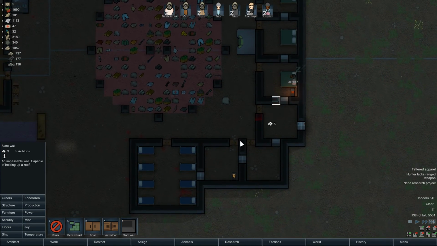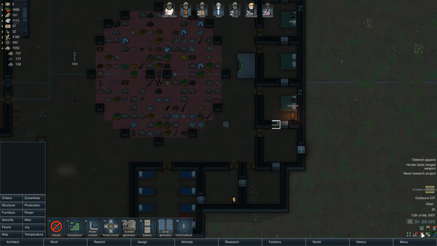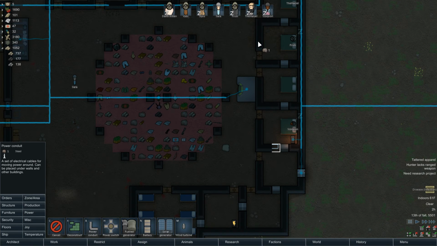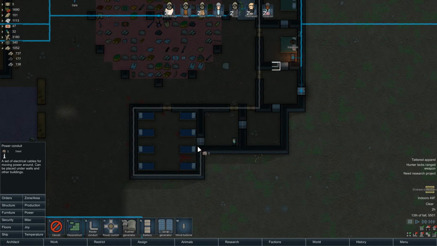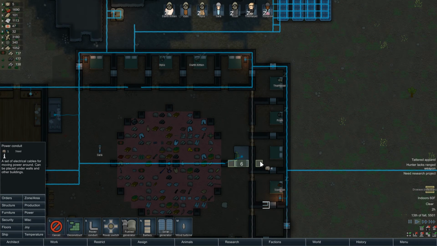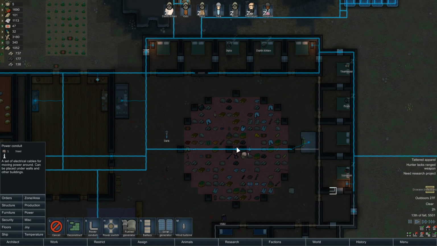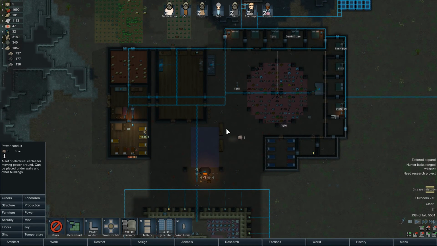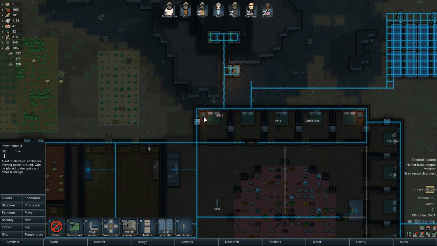Yeah, I made this heating a little better. Unfortunately, the problem is I can't quite remember what I did or didn't do. One thing I need to do is place power conduits all throughout here. Make some nice redundant circuitry and whatnot. Okay, that should work. Let's just go all the way across here. Like I've said, I like redundancy when it comes to your power conduits. Now if there's ever artillery, chances of us getting our power completely cut off are pretty low.